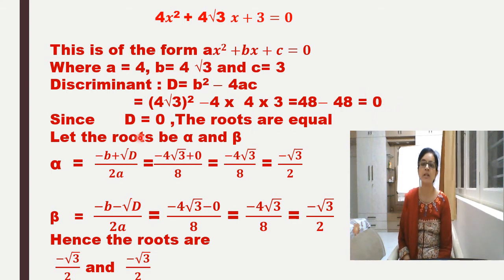Now this is the main difference between the previous sum and this sum. Here you are getting D is equal to 0. Therefore both the roots which you are going to find out will be equal. So the sum is easier, and you can even verify your answer, because here both the answers will be the same. If you are not getting the same roots, then just check where you have made a mistake. Maybe you have made a mistake in replacing the values in b squared minus 4ac.